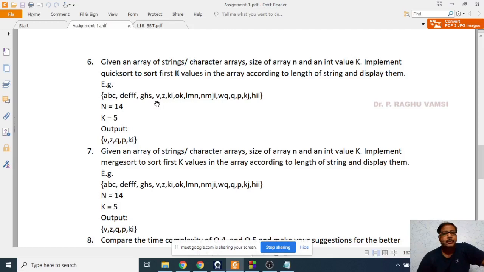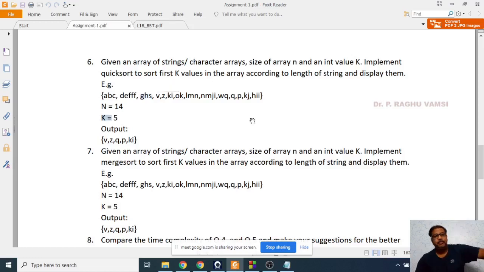Okay, first you are supposed to perform sorting on the single characters. Then if there is no single character left, you are supposed to perform quicksort on the 2-character strings. Then if the 2-character strings are over, you are supposed to perform the sorting on the 3-character strings and 4-character strings, like that. You are supposed to increase the length of the characters for sorting, based upon the k. If k is 6, then KI will be tested. After that KJ will be tested. Now you will get KJ also if k is equal to 6.